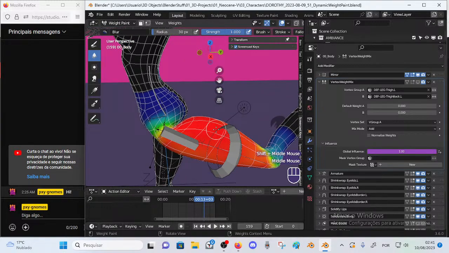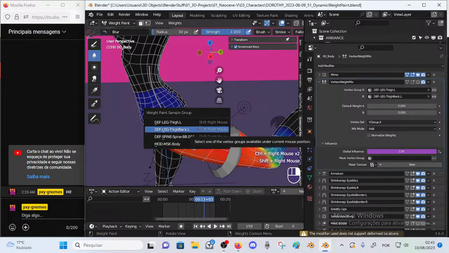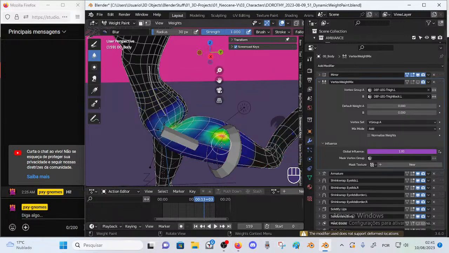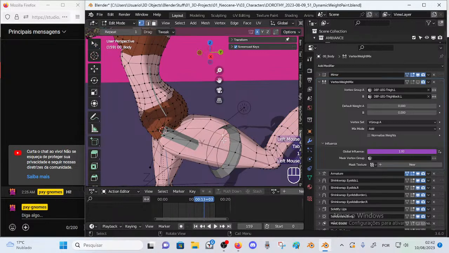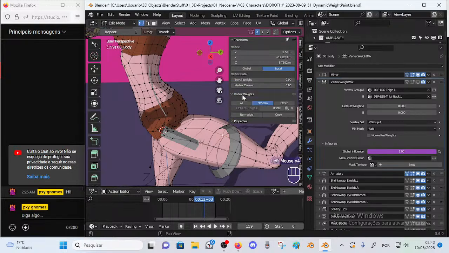So if I go and see the weight for that I've added, exactly the vertex group, the vertex that was affected, hold on, where is the shift right mouse button click? So here, okay, it's there. Let me enable the armature. Yeah, that one. And does it have any vertex weights? No, you see only this type. What about the others? No, only